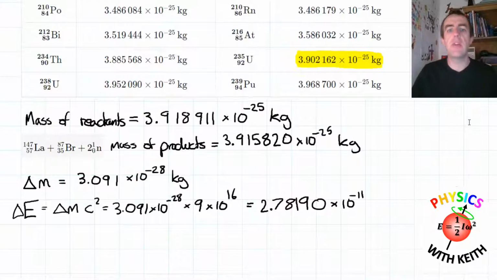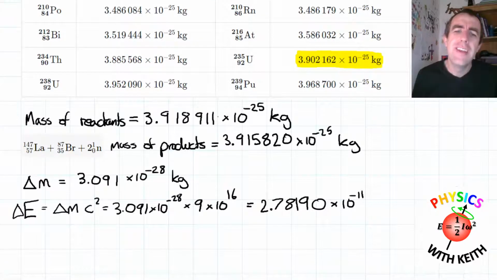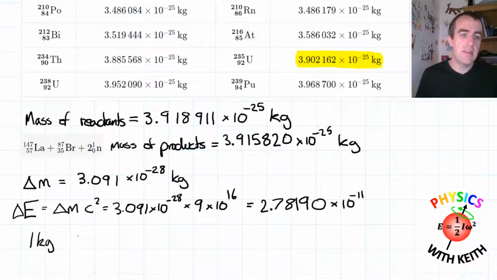Yeah, so we are talking about uranium-235 in this question. And only, so a kilogram of uranium-235, imagine the explosion that would cause. So we've got this uranium-235, here's the amount of mass. That's the mass per atom. So I need to know how many atoms. The total mass divided by the mass per atom will give you the number of atoms. So 1 kilogram is the mass, and then I multiply that by,